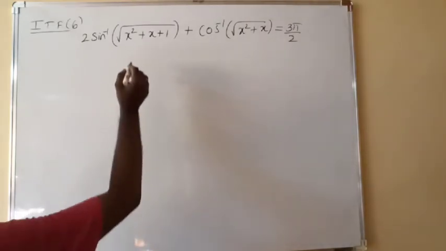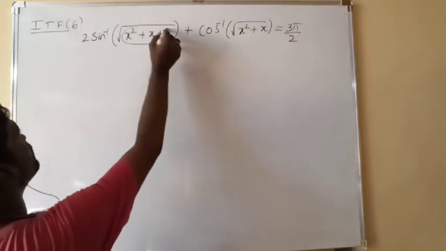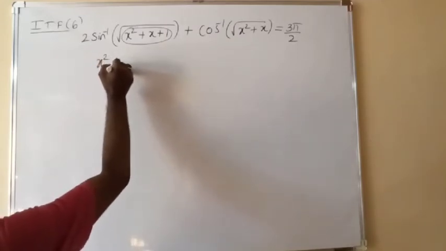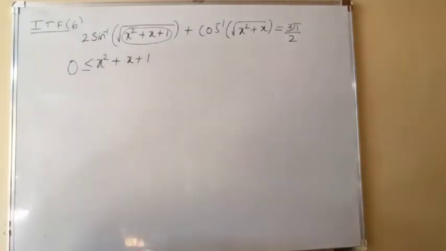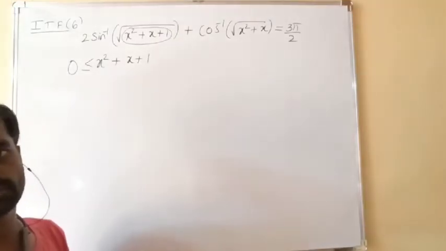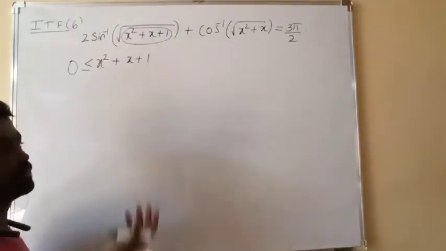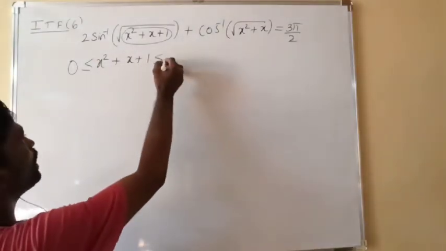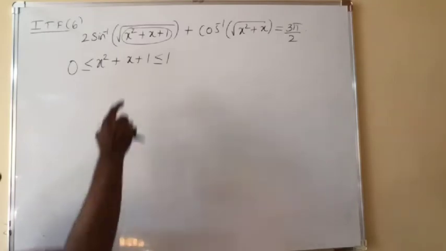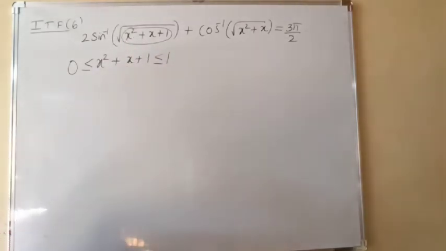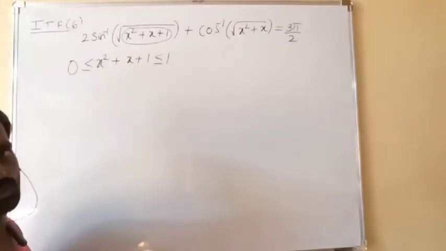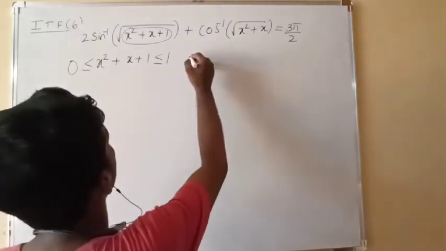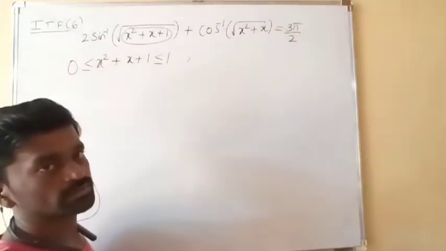Clearly this factor is inside the square root, so that should be greater than or equal to 0. But sin inverse of something is defined only if that something lies between -1 and +1. Square root of 1 is 1 only, so whatever the value inside the root, it should not exceed 1, because if it exceeds 1, the root is more than 1, and sin inverse of more than 1 does not exist. In the same way, the domain of cos inverse is also -1 to 1.